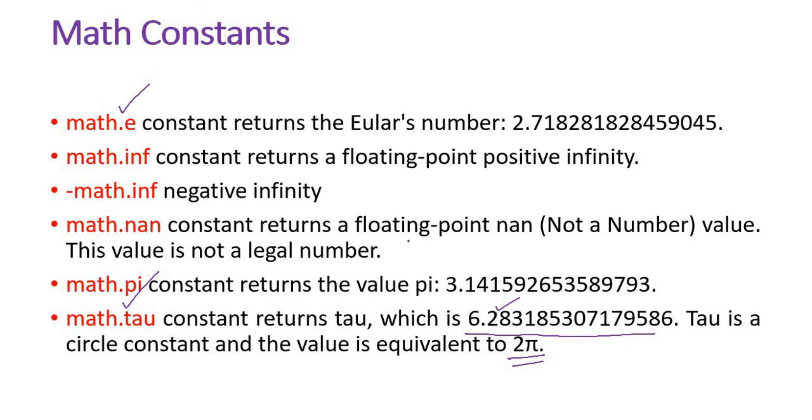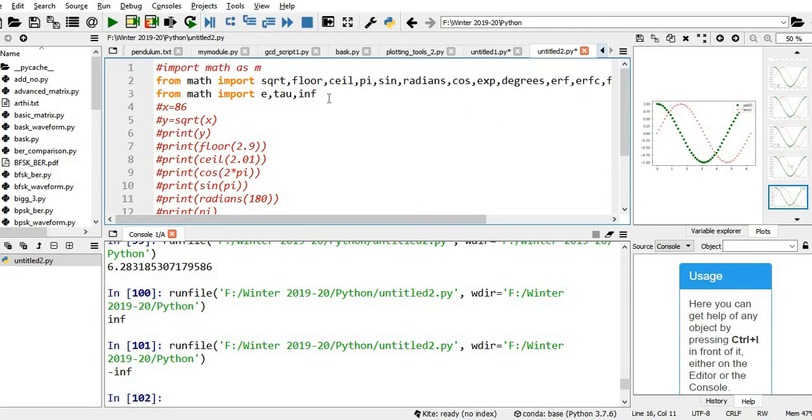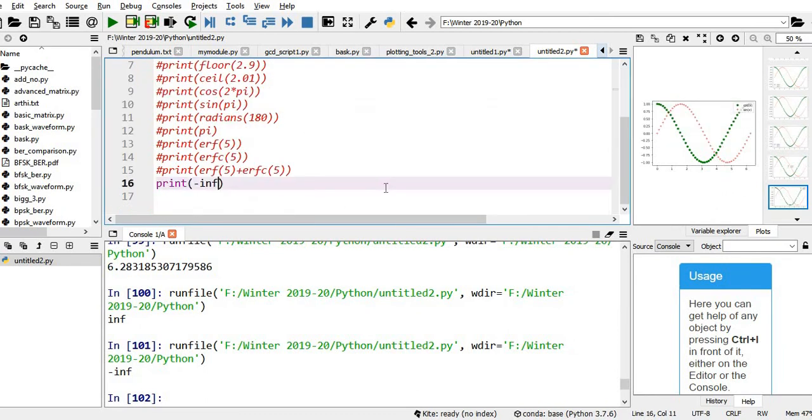It's basically a floating point NaN. It's not a legal number. In programming, to specify certain errors, we will use this NaN. So let me import NaN. It's not a number. You just see.